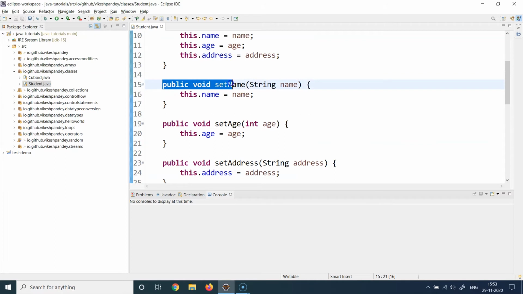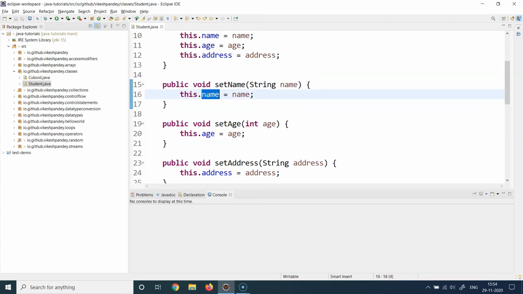So we call it set name. Again, you put public void because this is not supposed to return anything. This is just supposed to set the value of name with whatever value you specified. Then you call set name, and then you provide the value which you are supposed to set against the name. So whatever value, like any random name, John or Jane, you need to supply that name here while you call this method. And that name, whatever name you supply, will be set against the name property of this particular class.